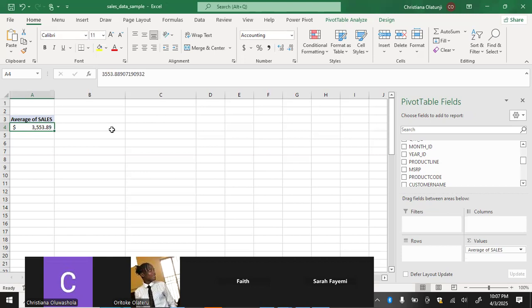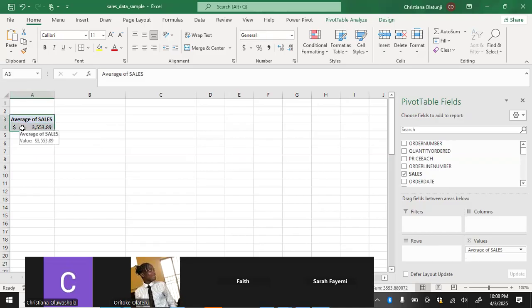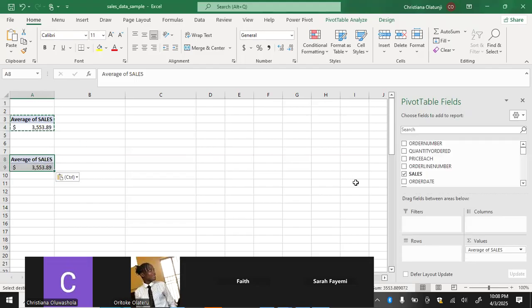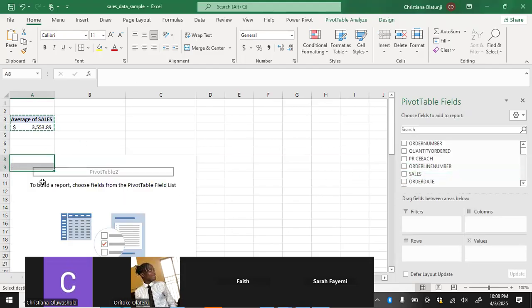Now I want to do another one. What can we do? Okay, we can do customer by sales. So this one will give us our top customers. Instead of me doing insert pivot table, I can easily copy this. All I have to do is Control C, go to a particular place, and Control V. Then I uncheck whatever is there. That's a shortcut. Instead of me going to insert pivot tables, then select location, instead of me passing through all of that stress, I can just copy and paste there, uncheck whatever is there,